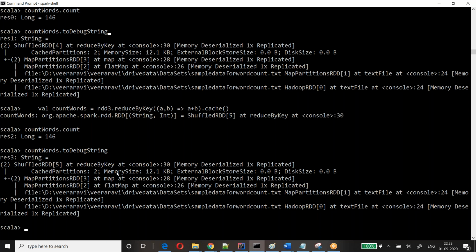And there is something called checkpoint. Checkpointing is a similar kind of concept where we need to specify the checkpointing directory first. The checkpoint stores a binary file within the checkpointing directory. Whichever directory we specify, it will store the RDD information in the binary file.